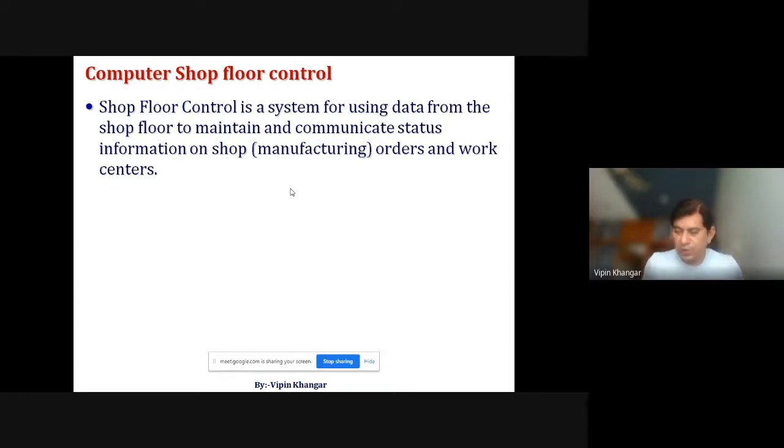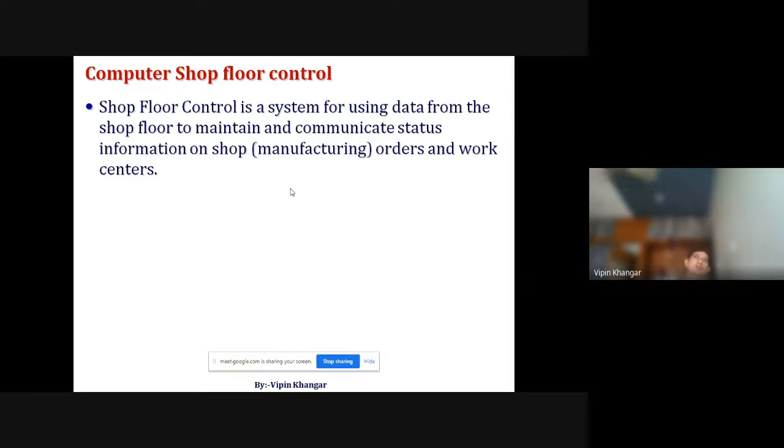To begin with, you need to understand shop floor control. Basically, the system uses data from the shop floor to maintain and communicate status information on shop orders and work centers.